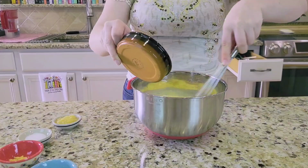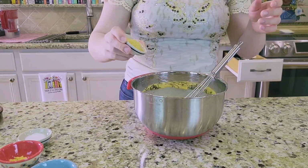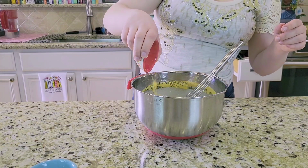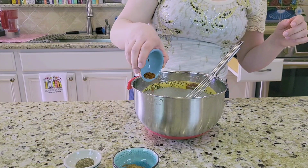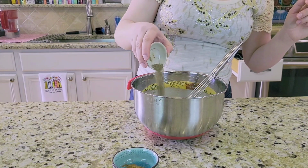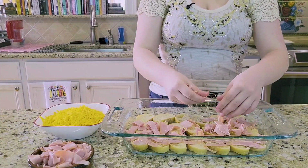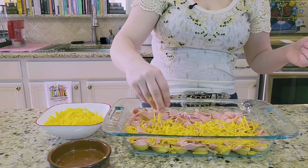Once it's well blended, whisk in 2 tablespoons of fresh thyme leaves, 3 tablespoons of minced garlic, 1 teaspoon of salt, 1 teaspoon of mustard powder, half teaspoon of sweet paprika, a half teaspoon of ground black pepper, and 1 teaspoon of ground nutmeg. Next, we're going to add the 8 ounces of chopped ham and 8 ounces of sharp